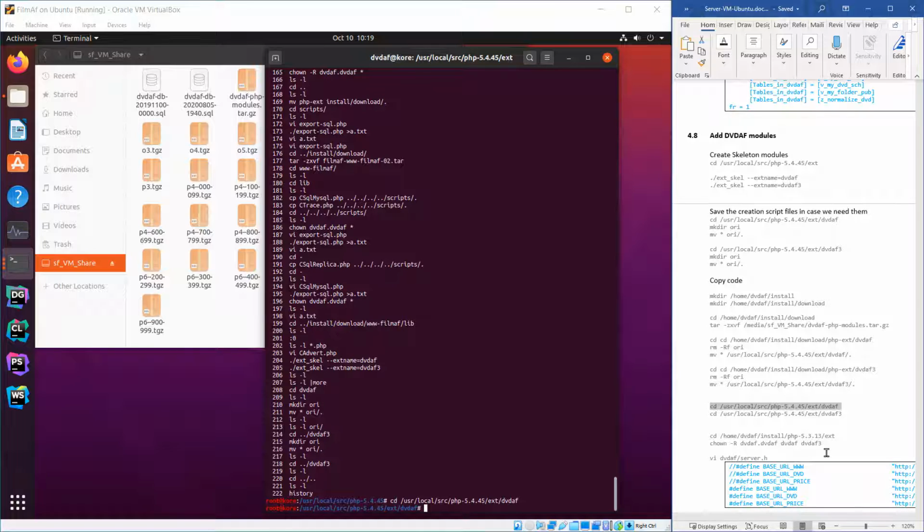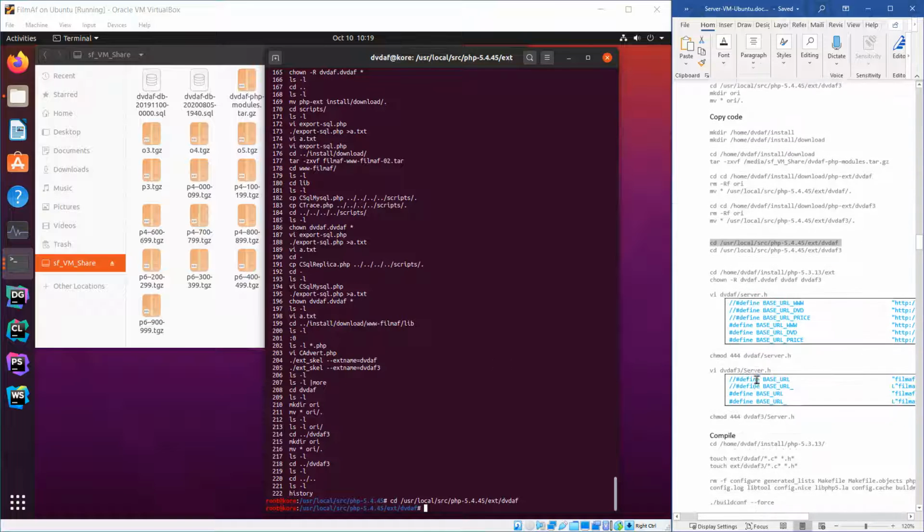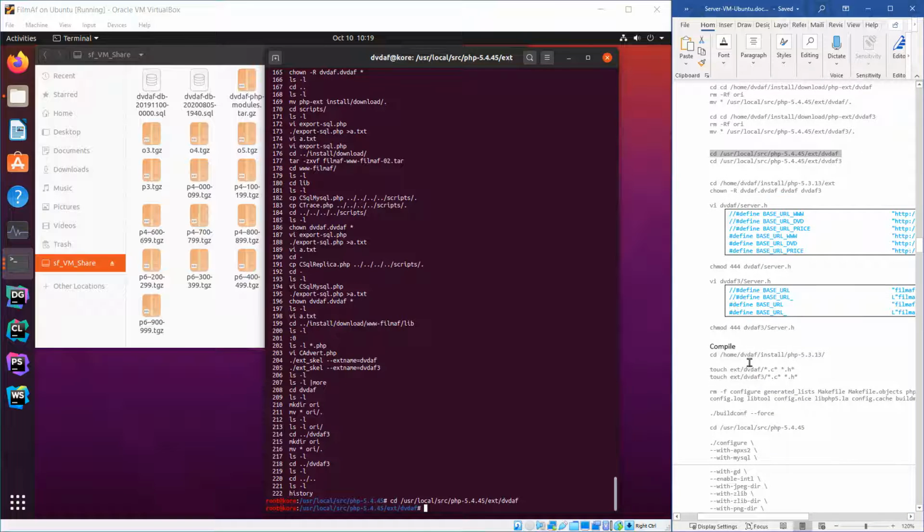There's one file that controls whether the environment is the development environment or the production environment. And we're using that in the same way